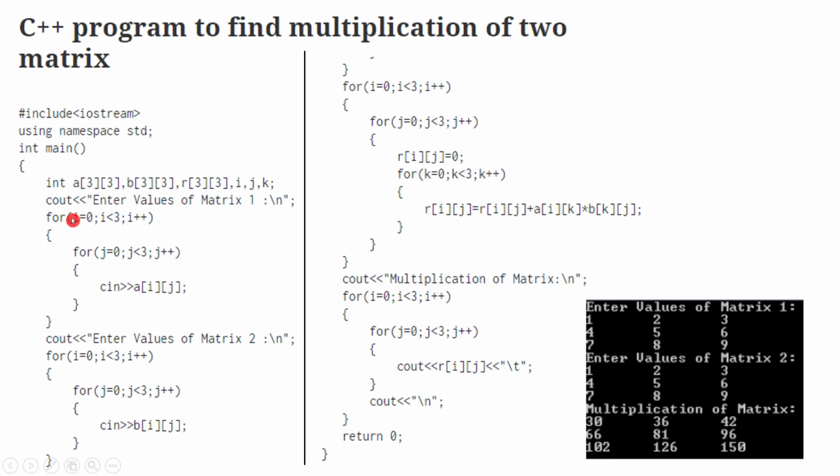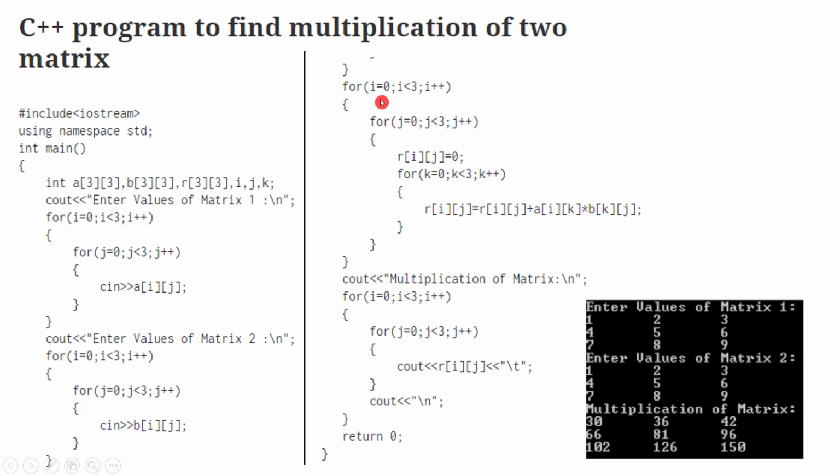So obviously I want to multiply the first two matrices, matrix 1 and matrix 2. This is the way we enter the values of matrix 1 here, using a for loop. Then you have matrix 2. You know the procedure. So up to this point, you have the left side. Okay, here is the important part of this program: how the multiplication is happening.